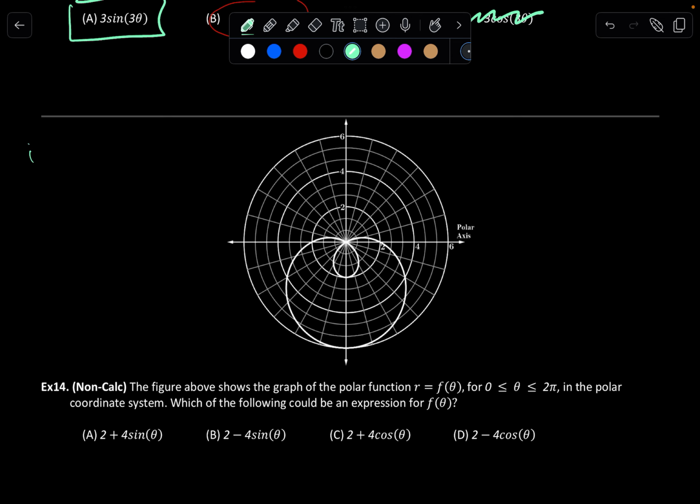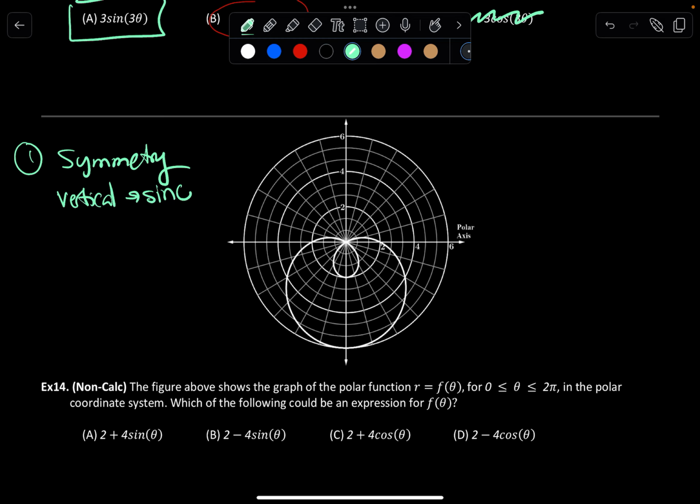First thing, symmetry. Let's check out the symmetry. Does it have horizontal or vertical symmetry? Well, if you fold it vertically, we see that symmetry, which means we are dealing with sine theta. So let's eliminate C and D because they both have cosine. And now we go